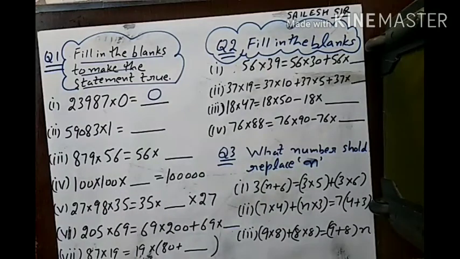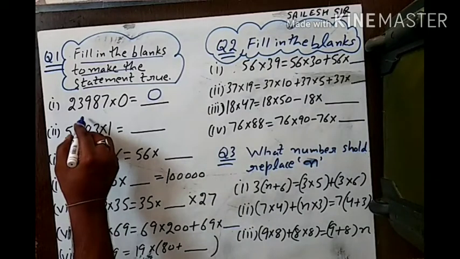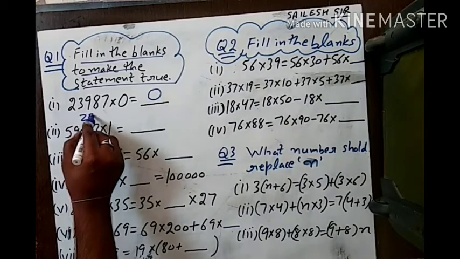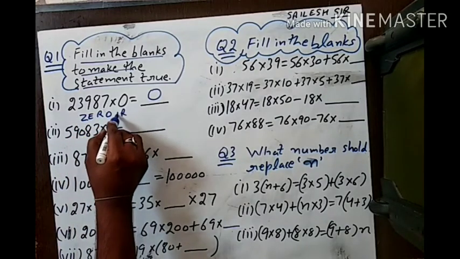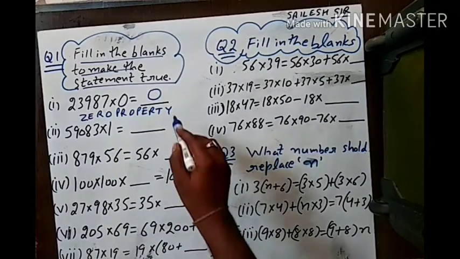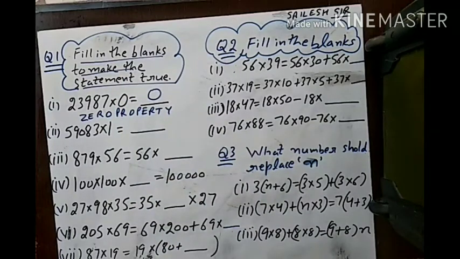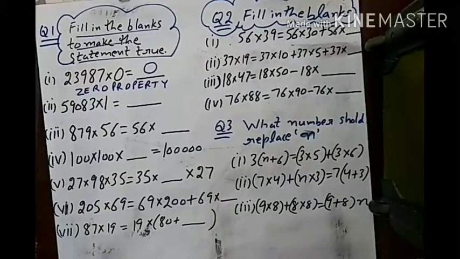Okay, now the question is completed here, but for advanced knowledge we should keep in mind which property is there for this type of question. I will mention here zero property. This is not required as per the statement, but we have written it to make our concept clear and for revision purposes of the properties.